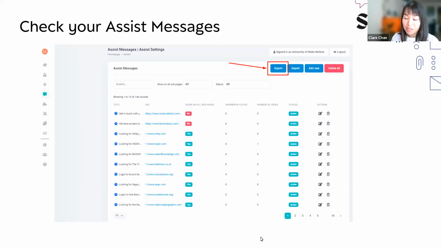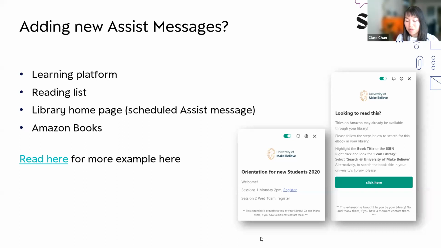Some other thing you could consider as well is the assist message. I just wanted to say as well, adding news messages, like what I said about the schedule message. As it is now September, maybe October, you will have an increasing number of webinars or trainings on campus, so maybe it would be useful to arrange a schedule message for your library homepage or your university homepage, just to